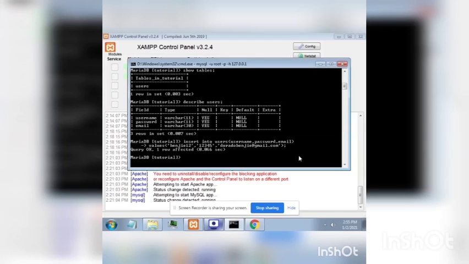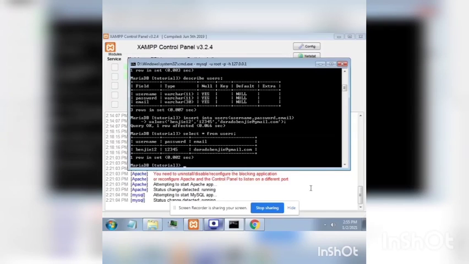Very okay. So the data is inserted into the table, let's see. Type select asterisk from users. Asterisk means all. Select all from users. Semicolon, hit enter. As you can see, the data that we entered is here. Okay, I try to enter another data.